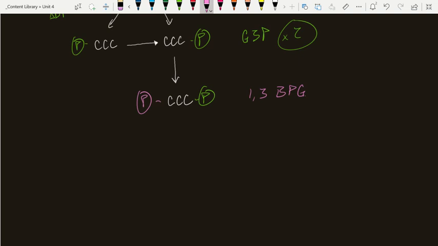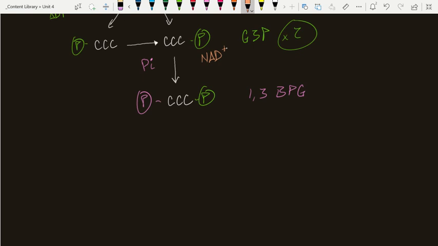Number one, even though we added a phosphate to it, this didn't take energy. I did not use an ATP to get this phosphate. Rather, I was able to use an inorganic phosphate. Now, there's some manipulations that the cell does to make this a spontaneous reaction. Just recognize I don't need ATP. What I do need, and this is an introduction to a very important molecule, I do need an NAD+,